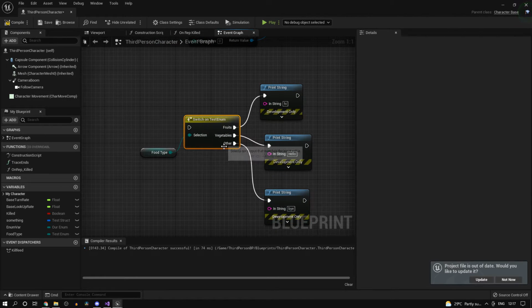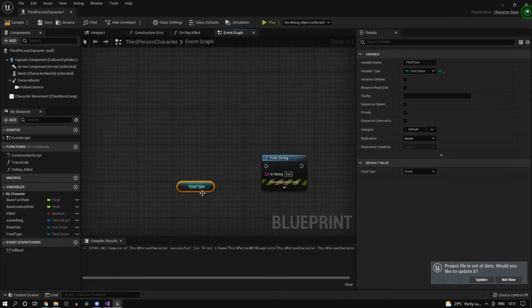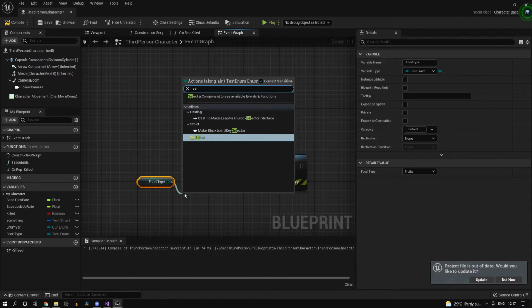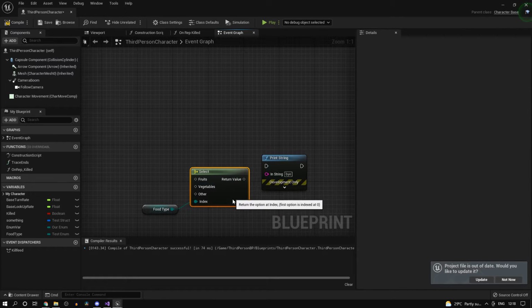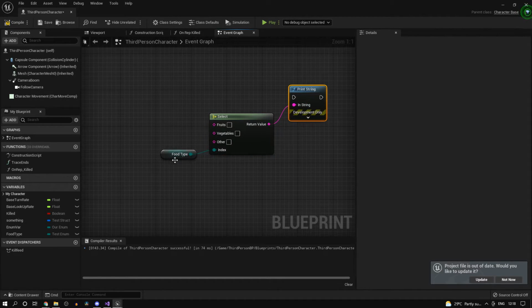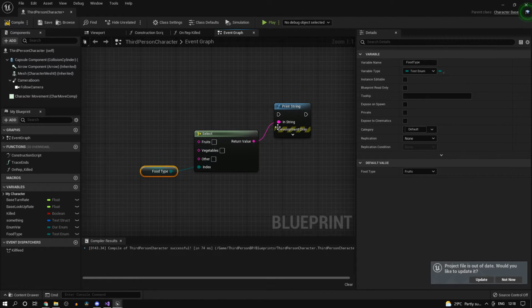And another important thing, another useful operation with enums is select. So if you drag and type in select, you see you get this block with these wildcards. So you can plug this into any data type, and depending on the value of this enum, it's going to select one of these and return it over here.